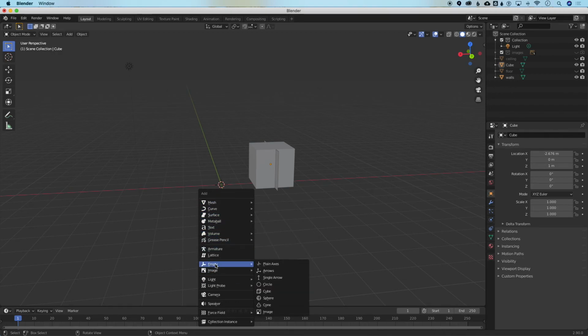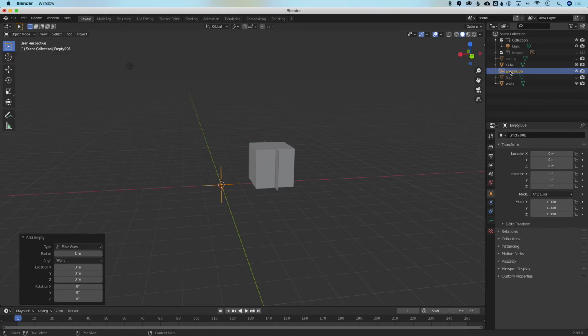Empties are things that you can see and work with during layout, but that do not render as something you can see when you output your file. So I'm going to put in a plain axis, and I'm going to go ahead and name this now. I'm going to call it important axes,